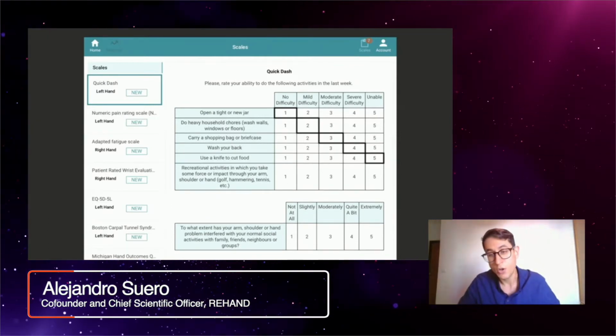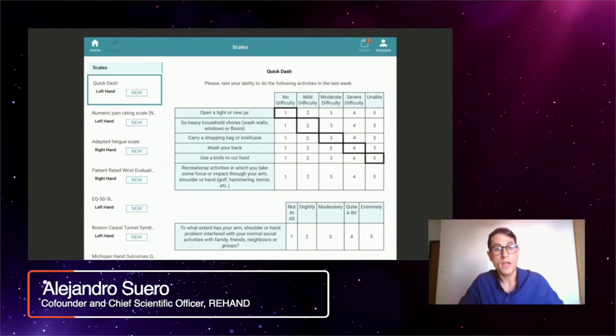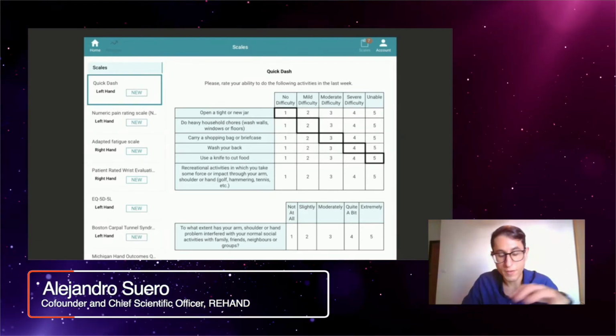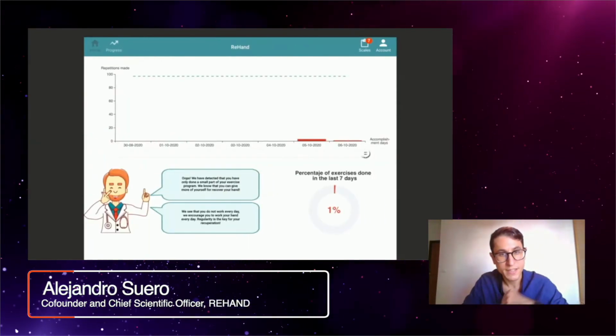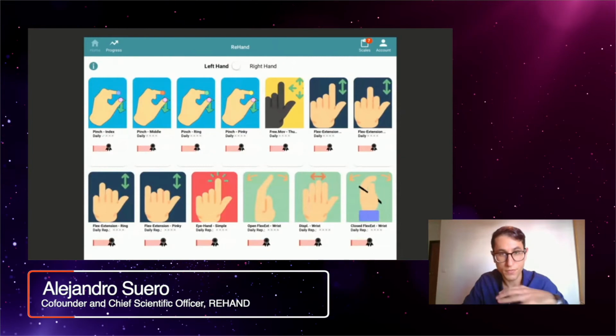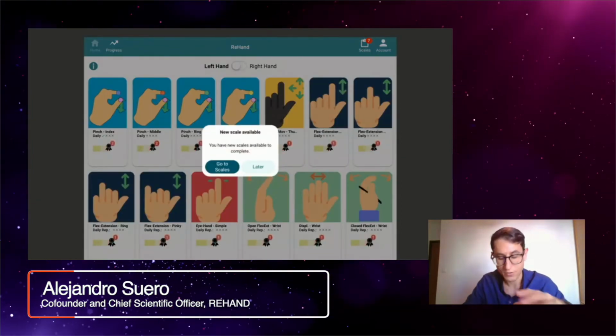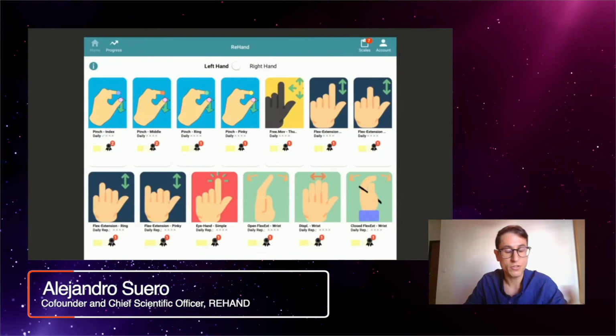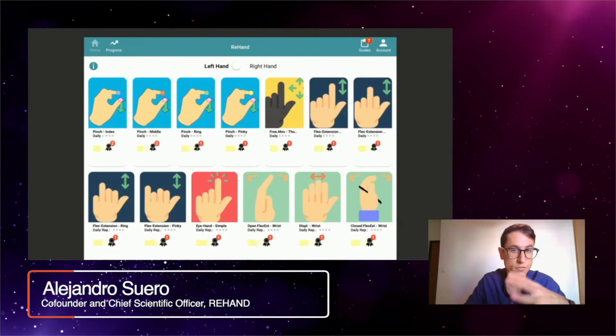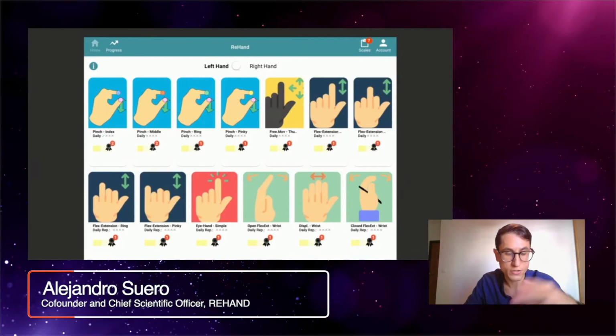So basically, we receive an email every week with all the info in order to know if the patient is doing or not the exercise, if the patient is doing the exercise right or wrong, and with the results of the scale. So with this info, I can decide to keep my patient working at home, or I can tell my patient to come back to the hospital because there is some sign of complication that we need to see.